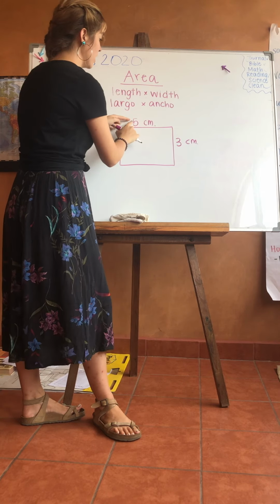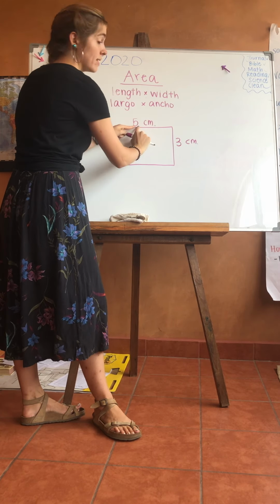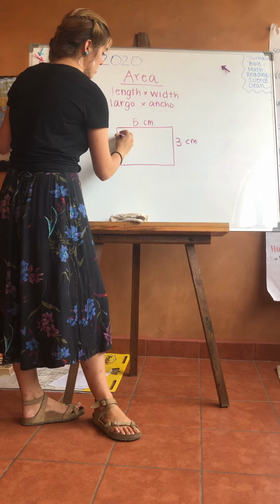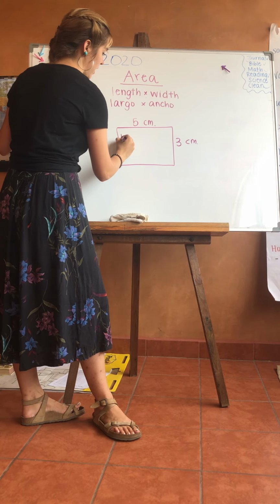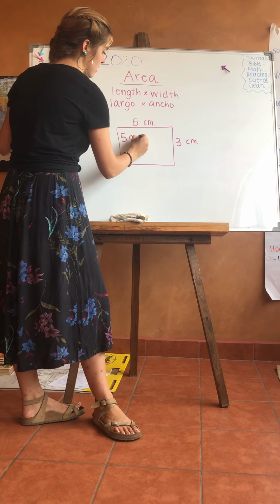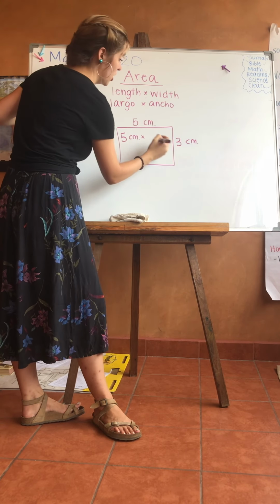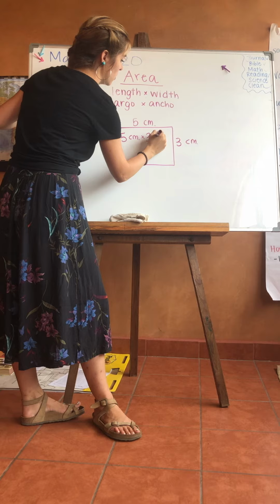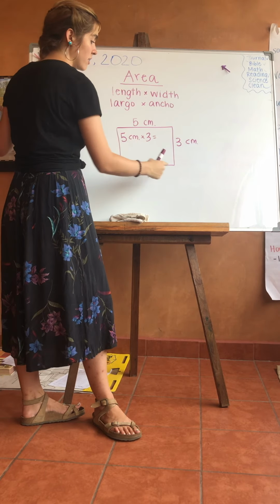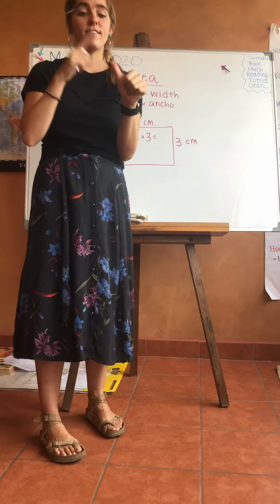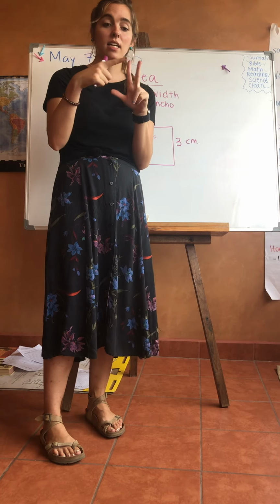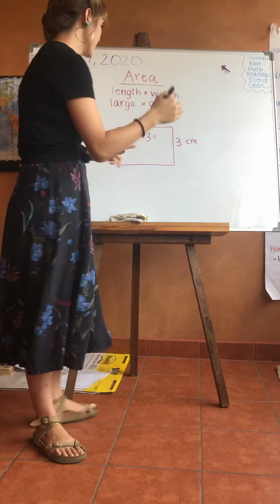Our length is 5 centimeters, times the width, which is 3 centimeters, which equals all together, what's 5 times 3? 5, 10, 15. 15